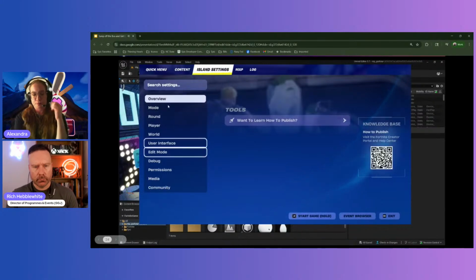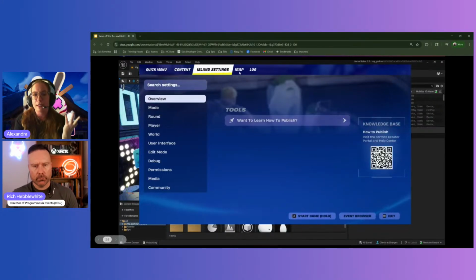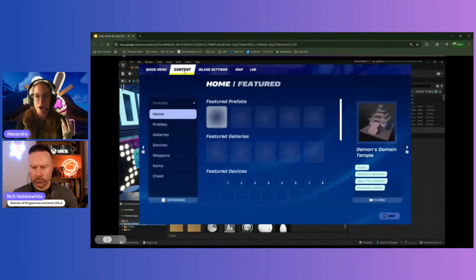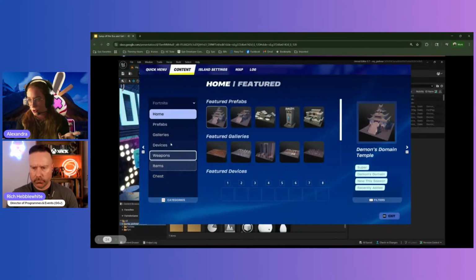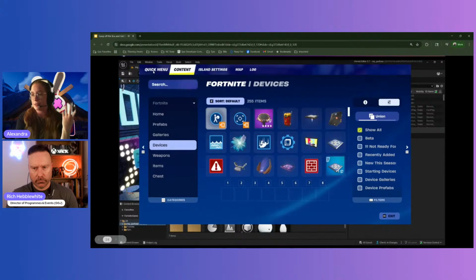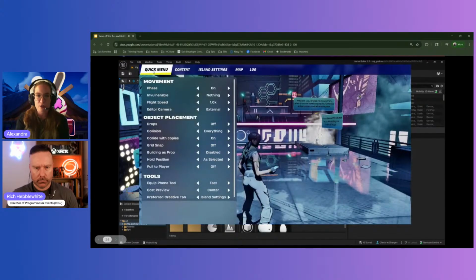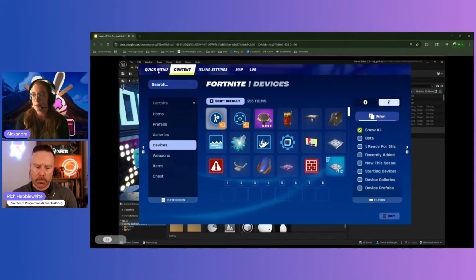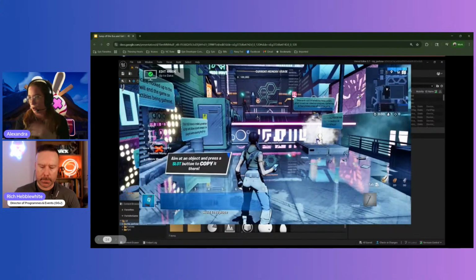Yeah, so you can see here that this is basically the exact same thing as when I opened Fortnite Creative earlier. You can see the map, the log, everything in the content drawer is here. You have access to everything. There are certain devices that are only available in UEFN, but I would say like 90% of them it's the same across both without issue.